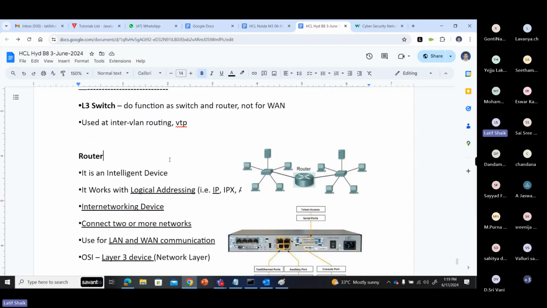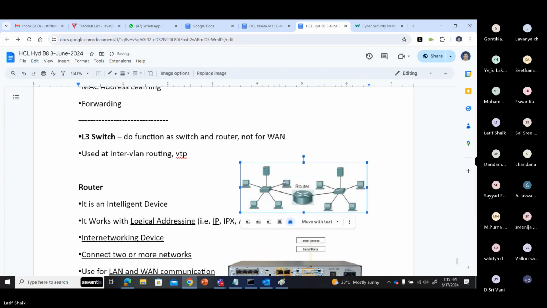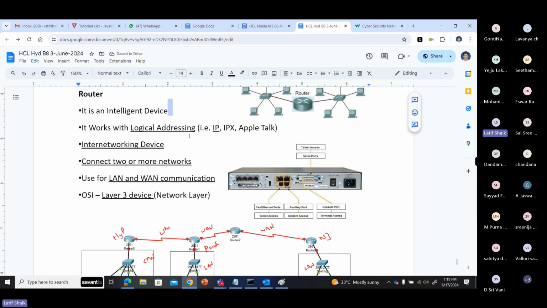So what is the router? A router works with a logical address. It is an internetworking device. It connects to more networks, so we are able to communicate in the global network. We are communicating through different routers across the entire globe. From my laptop to google.com, I am able to reach it. Where is google.com? Somewhere in this world. We don't know, but still we are able to communicate